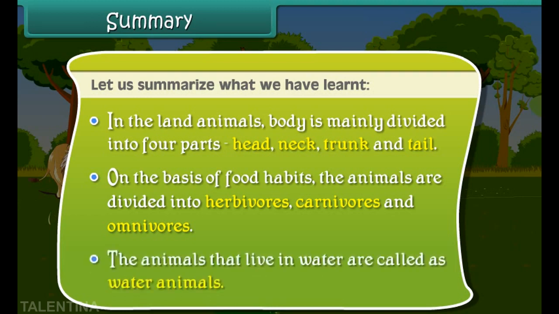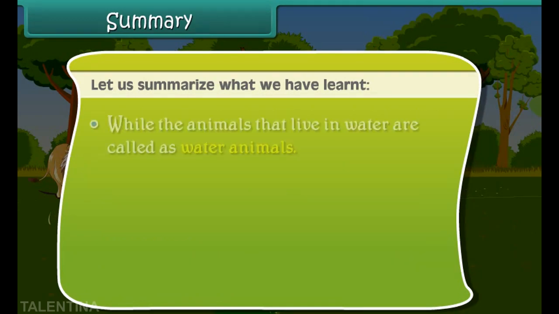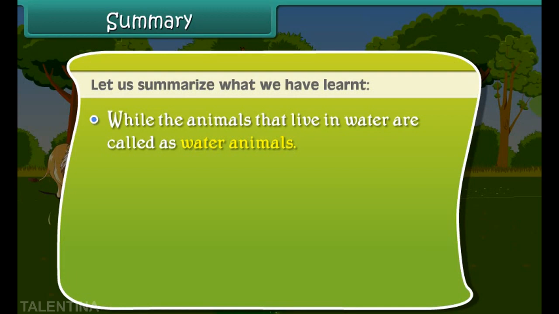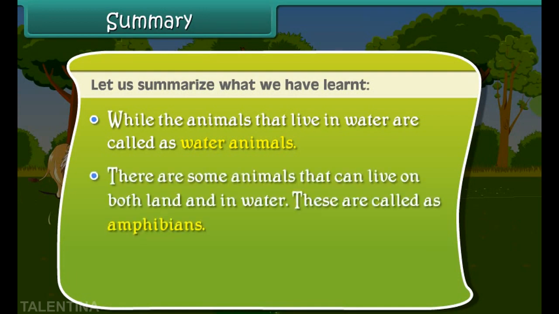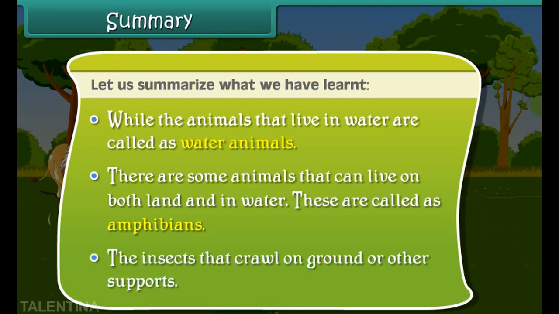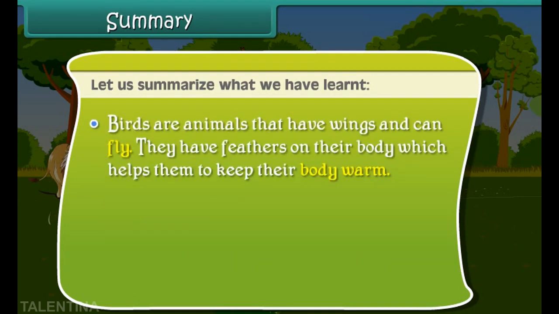The animals that live in water are called water animals. There are some animals that can live both on land and in water. These are called amphibians. The insects crawl on the ground or other supports. Birds are animals that have wings and can fly. They have feathers on their body which help them to keep their body warm. A food chain